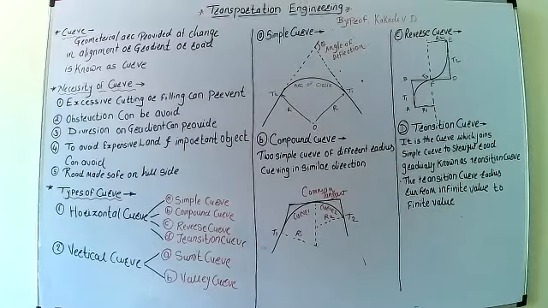So it is a change in alignment. Whenever the alignment changes in the vertical plane or horizontal plane, in that particular area we have to provide a curve. Alignment is one part, another is the gradient. When the alignment changes in a vertical plane, in that situation you have to provide a curve.